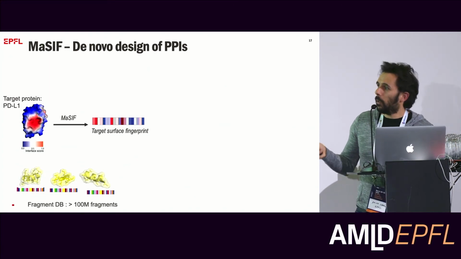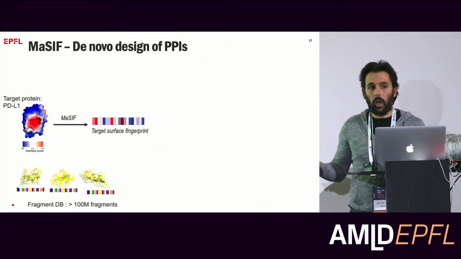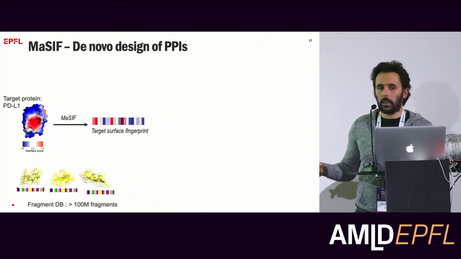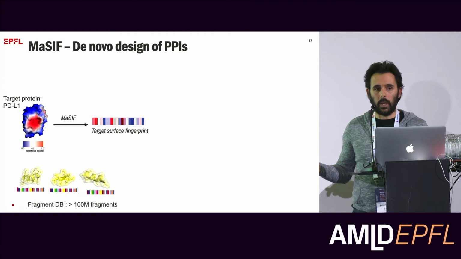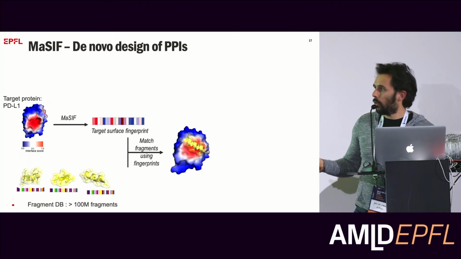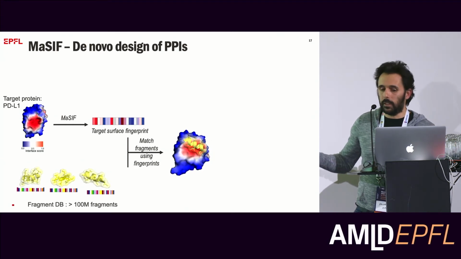Okay, so within all these limitations, how did we actually try to tackle this problem? The way that we tried to do this was, again, by using the surface fingerprints, which we learn from protein surfaces, and by defining a site in a molecule that we want to target. Then, given that we have a super fast docking algorithm, we can search for other potential candidates that bind to that site very quickly. Here we're talking about the order of 100 million fragments, so a lot of fragments. Once you do this search, what comes out of this stage is a protein target, represented here in blue, and these putative candidates.